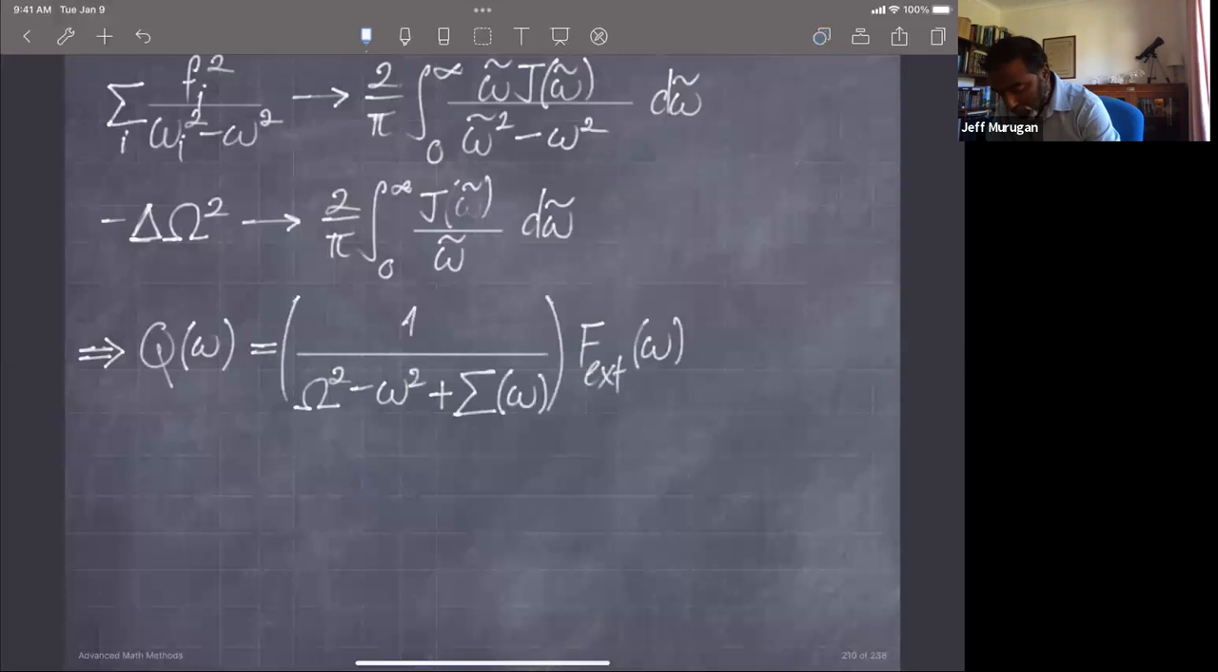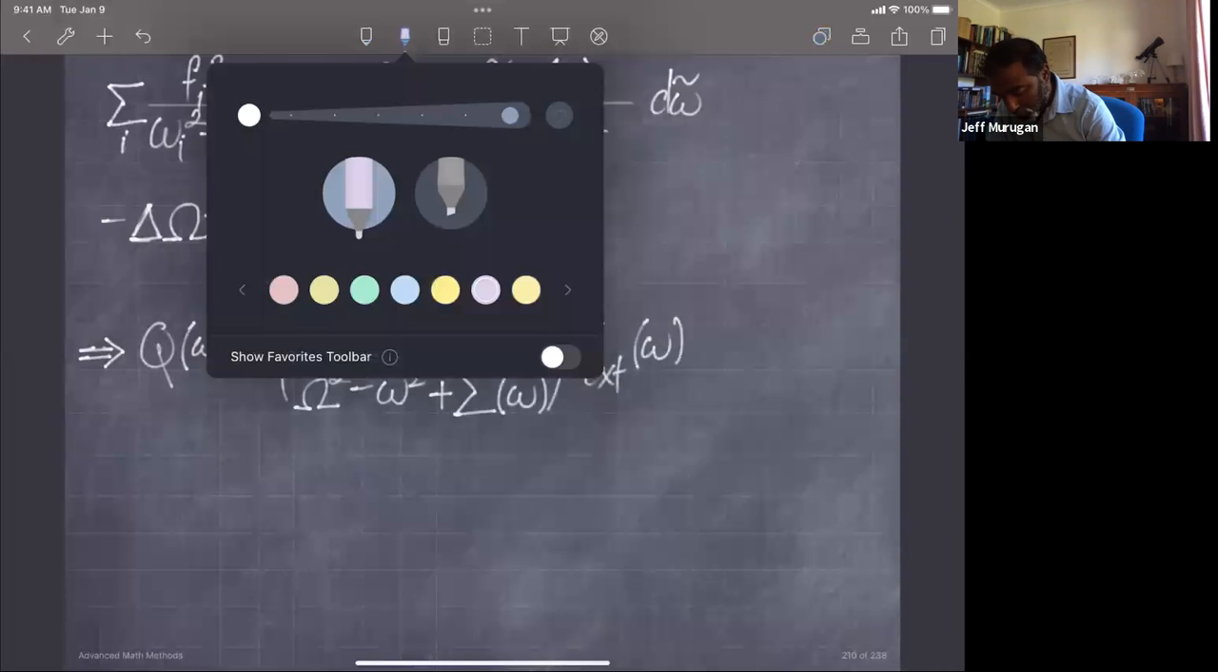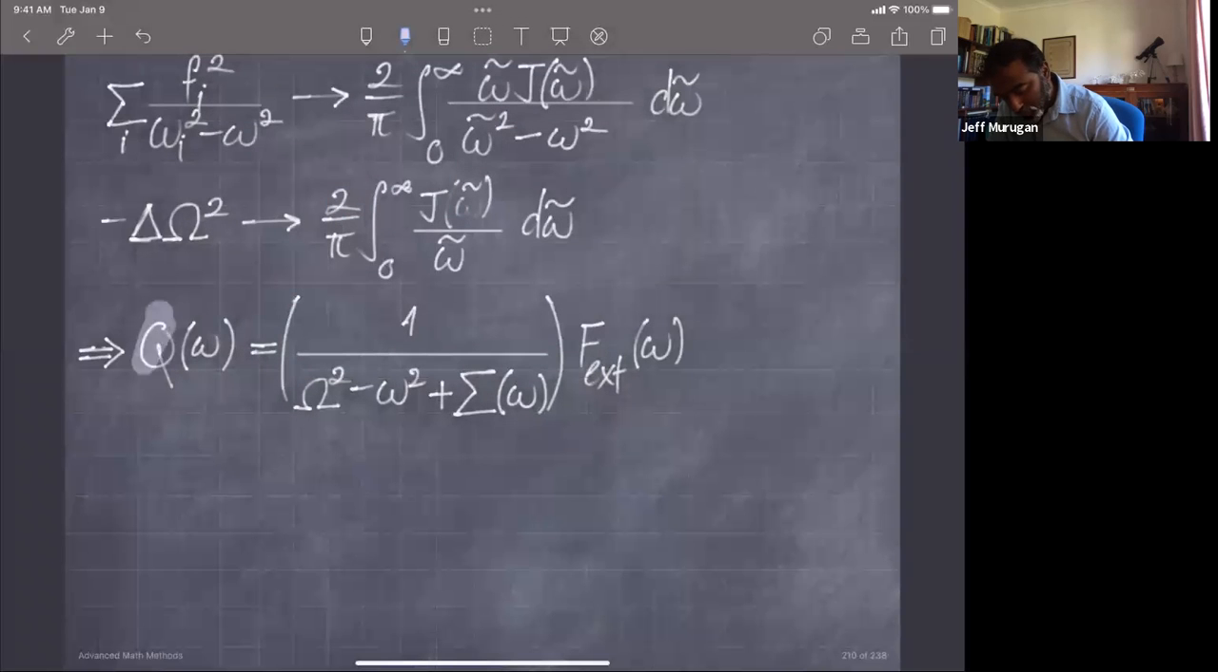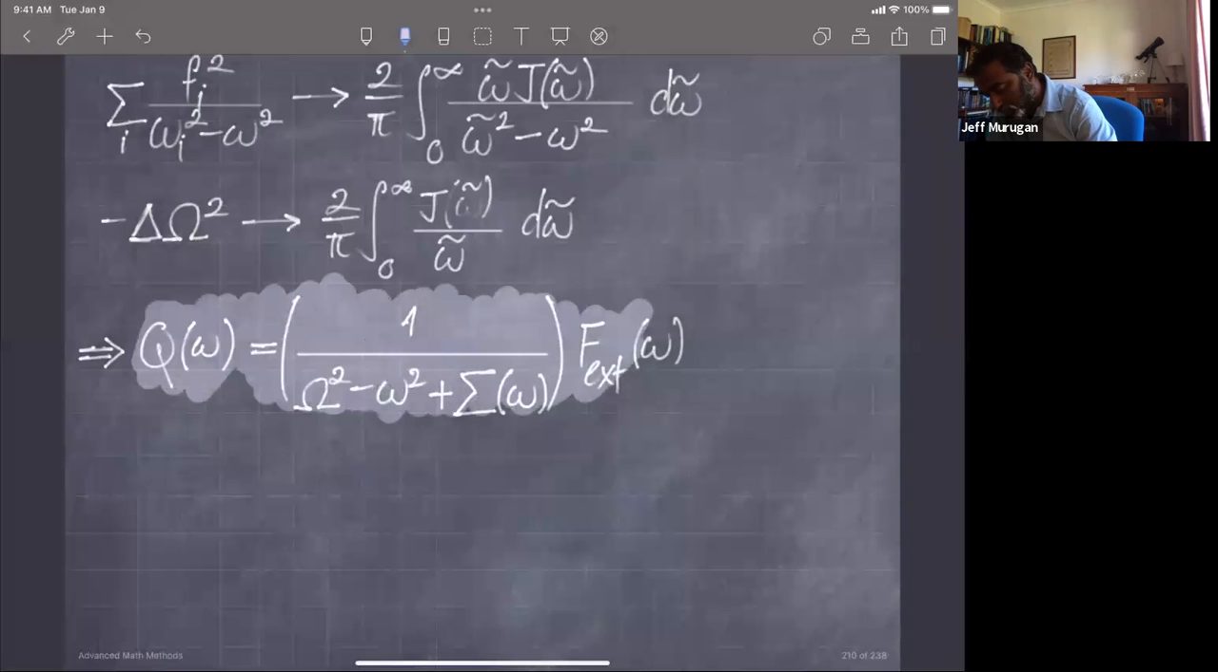This is important enough that we should make mention that this is our solution in momentum space. And of course, once you have the momentum space solution, in principle, you should inverse transform, which we're going to get to just now. But what I want to point out here is this function here